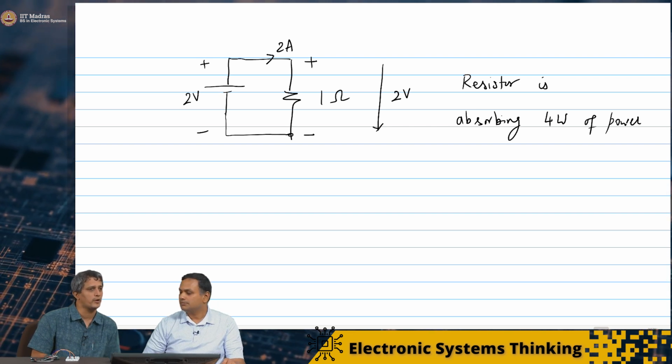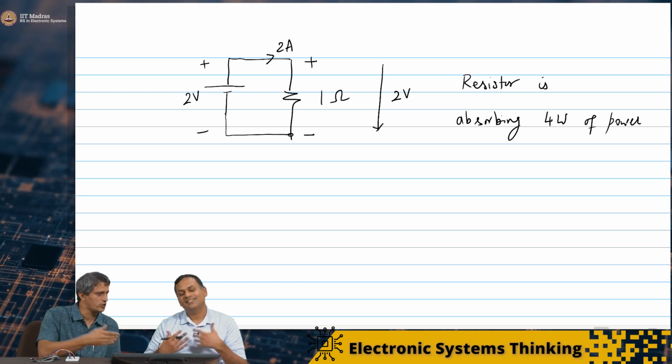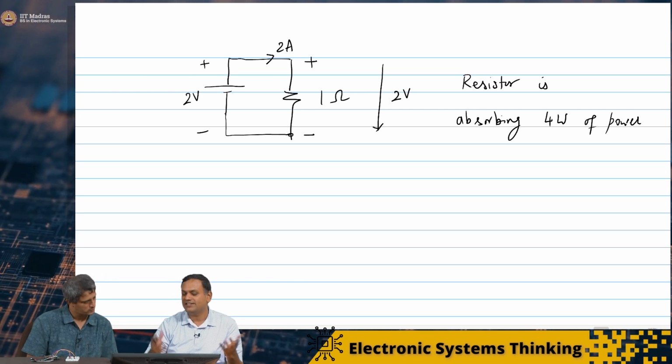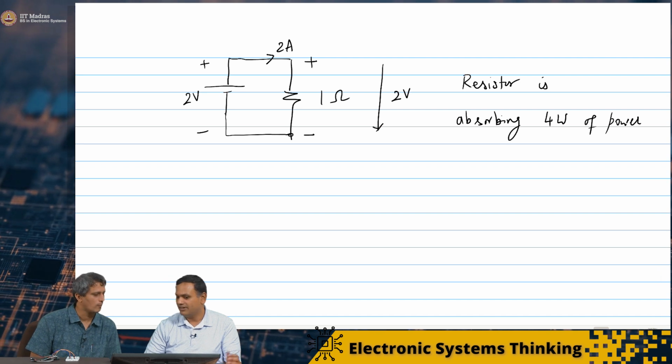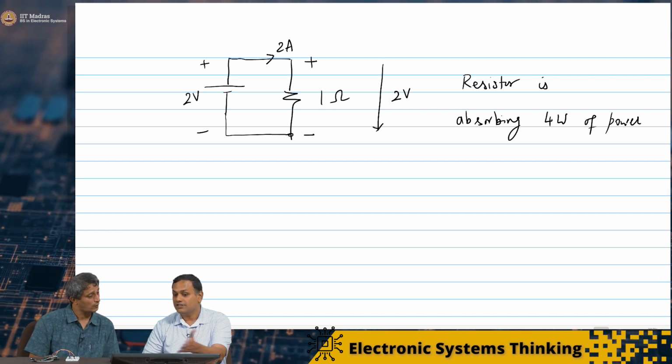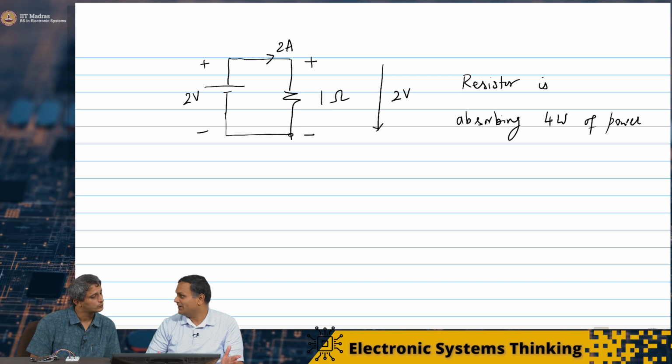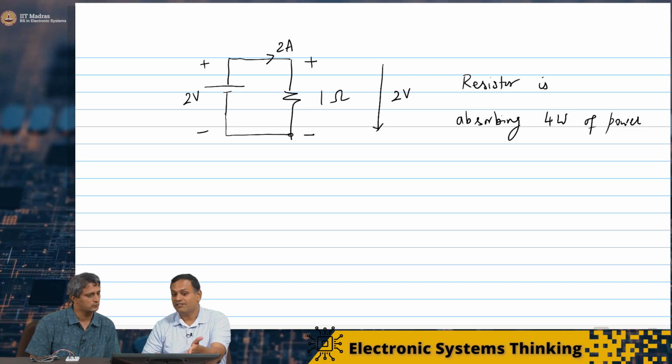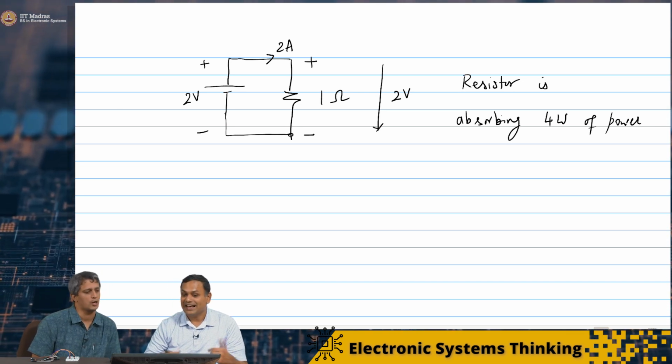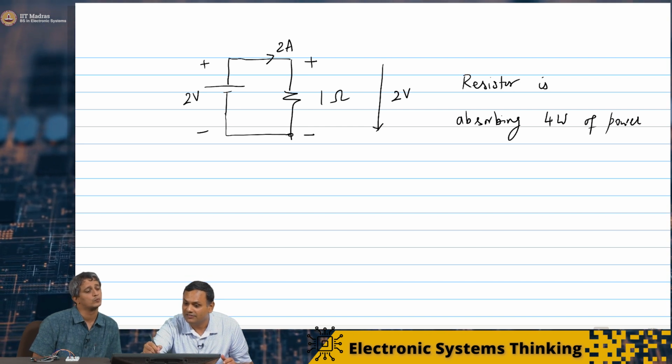And this power is dissipated as heat energy over time. So in this case, the resistor gets heated up. Consequently, this power needs to be coming from somewhere. This is coming from the 2-volt battery. Exactly. And as you can see, if I were to draw it in a different color, let us say,